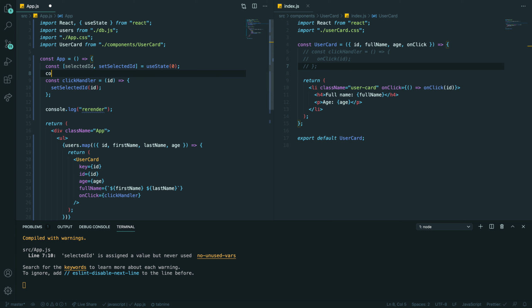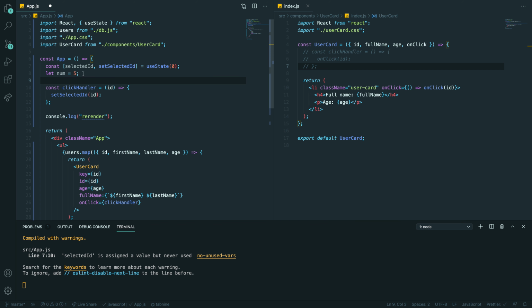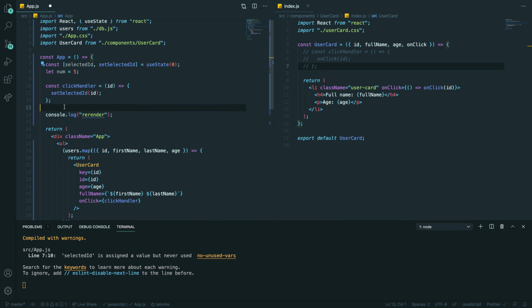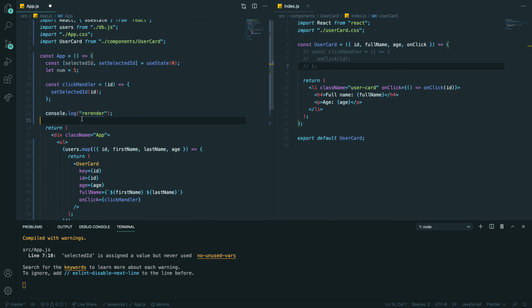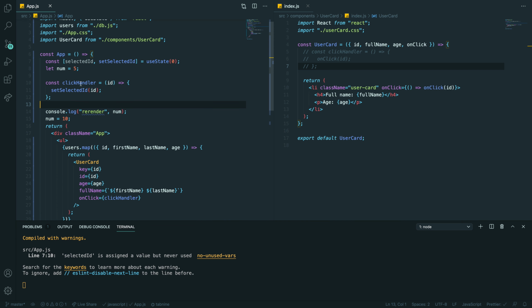Because imagine that we have, I don't know, some const. Let's say let. We have let number equals 5. And then we are changing my number to equal 10. So here, if I console log my number, what do you expect to see? 5.